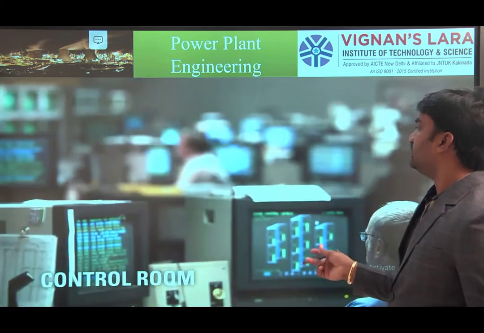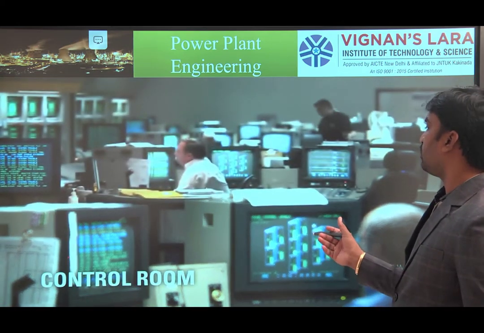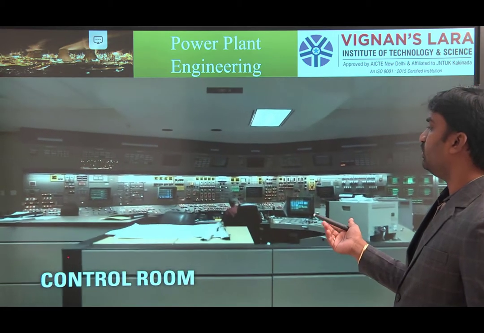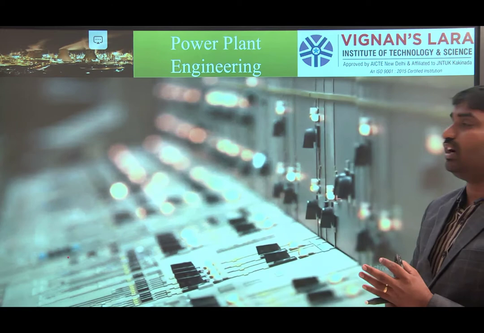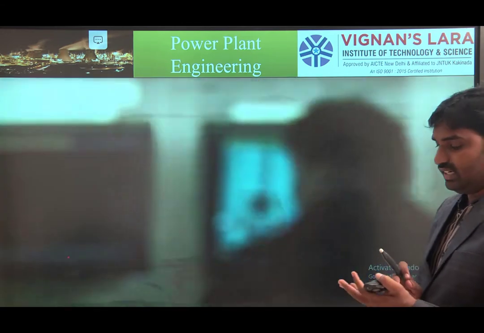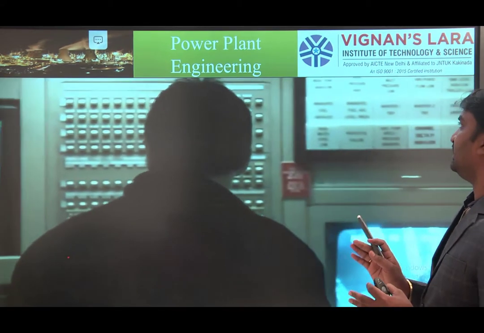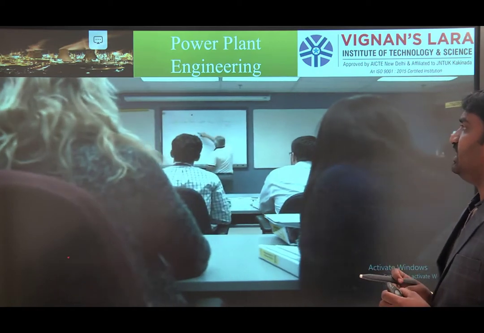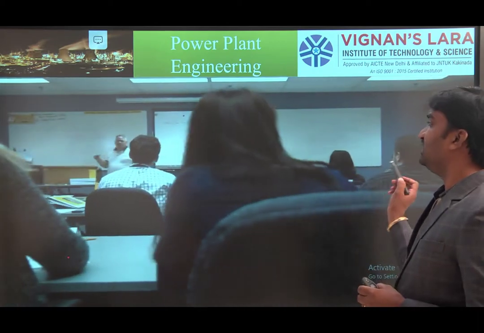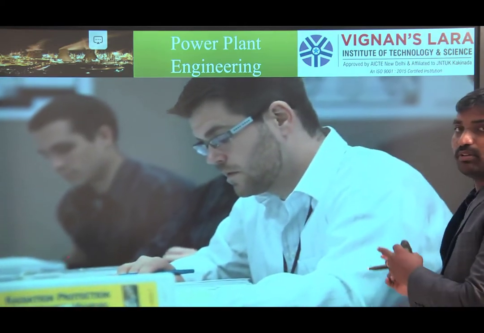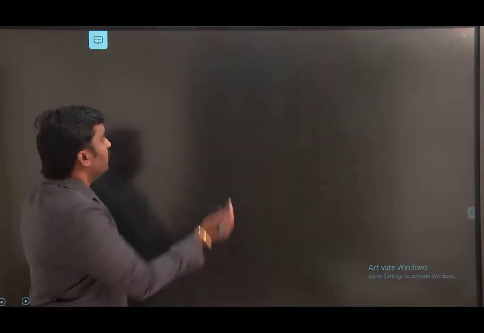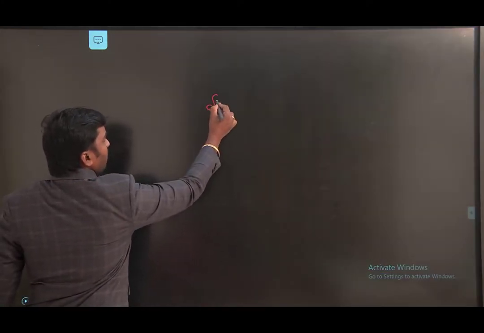So this is the control room, which we already discussed. In the control room everything is monitored. The precautions are also very important, and we need to control it, as it releases a continuous amount of energy. So how much energy is released? The training is very important here. The training part takes a vital role. That is the important thing. I would like to summarize the nuclear power stations. So, summary.